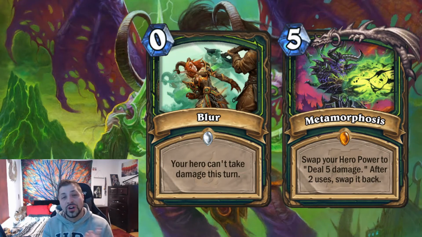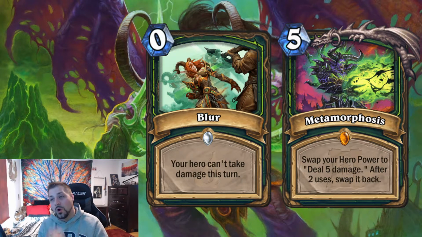And then we have Blur and Metamorphosis, also 2 awesome cards. I love seeing the other 0-cost spell that's unique. Basically giving you an immune effect similar to plenty of other cards that we've seen in the game thus far. Like Paladin or Mage. And honestly, I think this card will be in face Demon Hunter, because what it's going to do